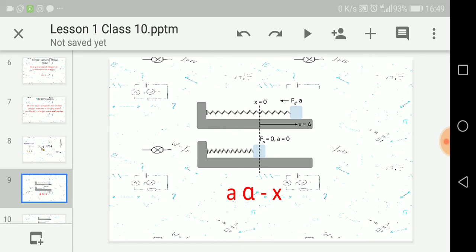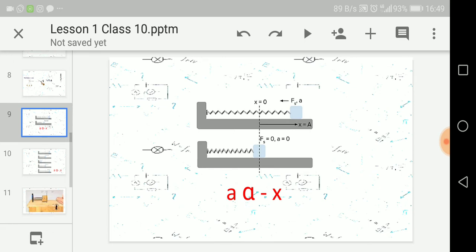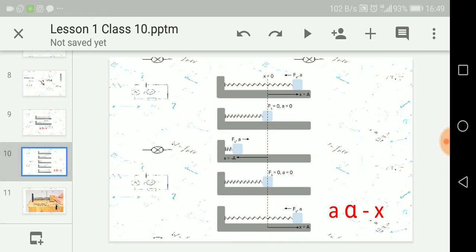So this is the horizontal system of a mass attached to a spring, which is able to move freely horizontally on a frictionless surface, and we consider that there's vacuum, there's no air resistance, there's nothing that can stop it, and the spring is weightless. And if these conditions are met, which is not possible, but we consider it theoretically, it will continue to oscillate horizontally forever. And this is how it will oscillate.